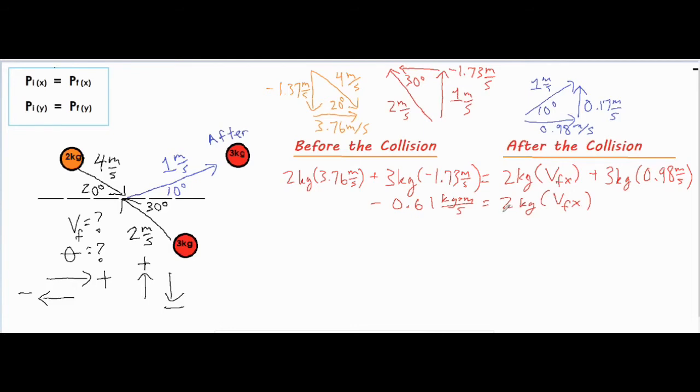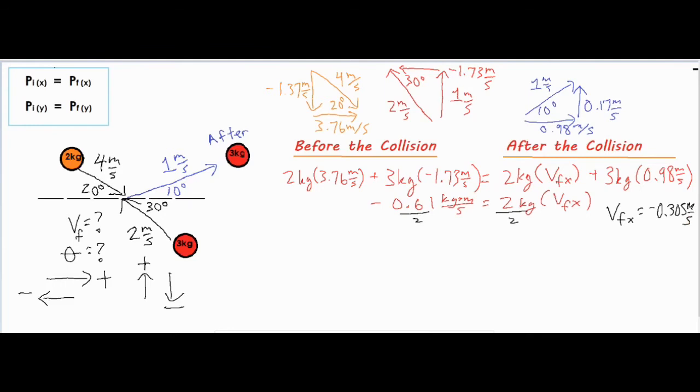So if I divide both sides by 2, then I get a VFX of negative 0.305